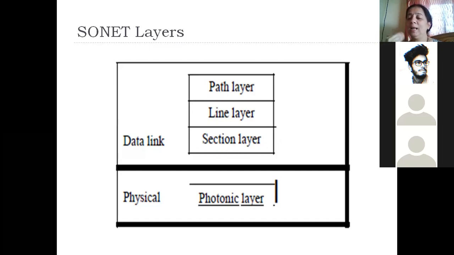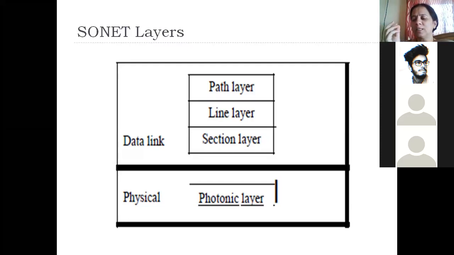Then you have the line, and then you have the path. They are more or less similar to the transport and application layers. The path layer is going to decide the transmission between end devices. End devices means applications will work there. So the functions of the transport and application layers are implemented in line and path.